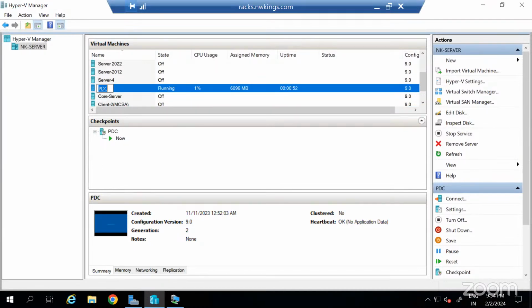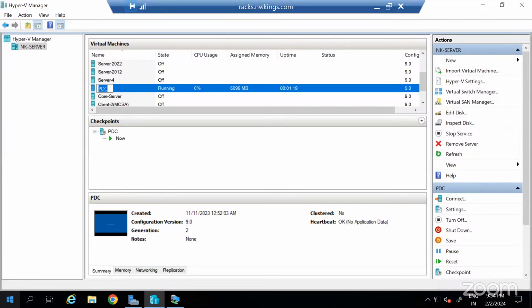Whenever you install the server, the Hyper-V role is available by default. You just have to install it. Same way, if you are going to use a Windows 10 or Windows 11 machine, if you have Windows 10 Pro or Enterprise version, it is available by default in Windows 10 and Windows 11.